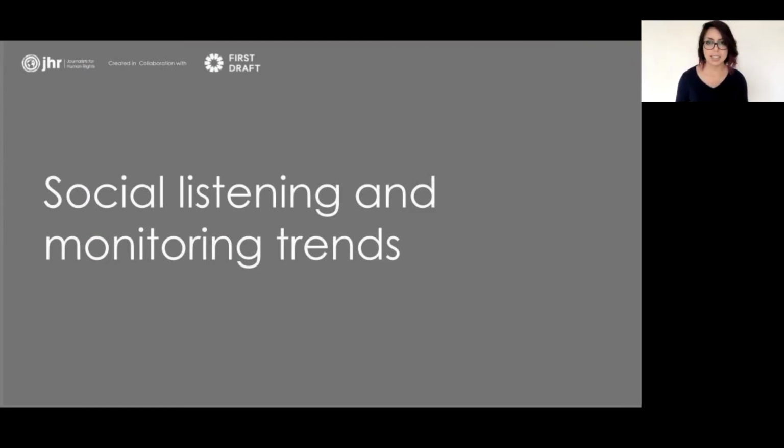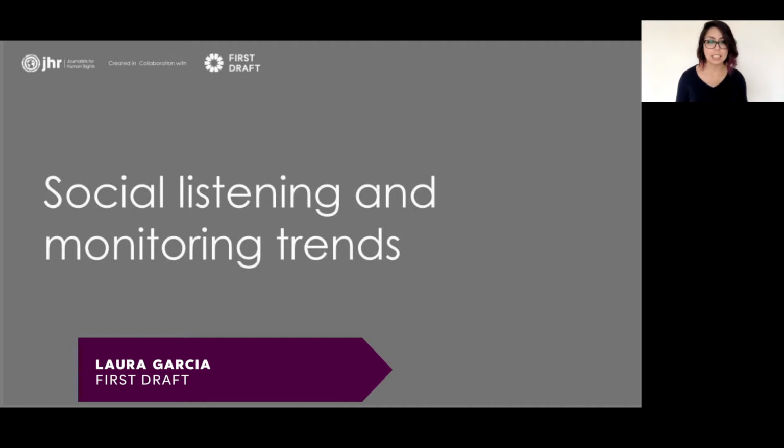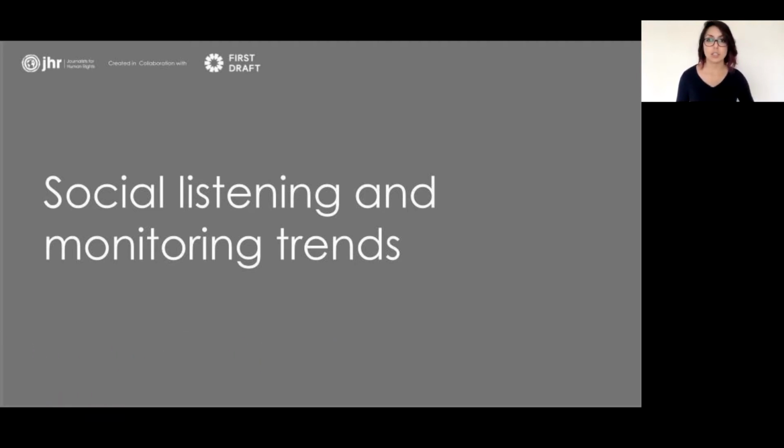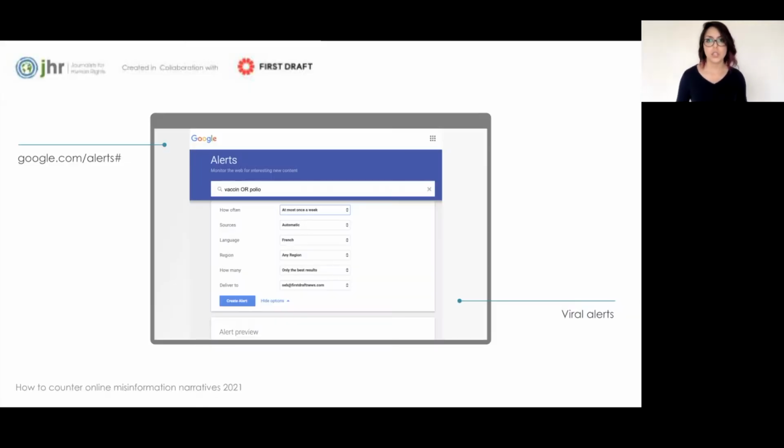In order to get ahead of disinformation, it is key to set up really effective monitoring tools and trends so that social listening becomes a part of your daily work. You can use Google Alerts as a way of automating this process so the information comes to you. You can type in your search terms or even a Boolean search query, decide how often you want alerts, and then just let this search engine give you email updates of the kinds of conversations that you want to be